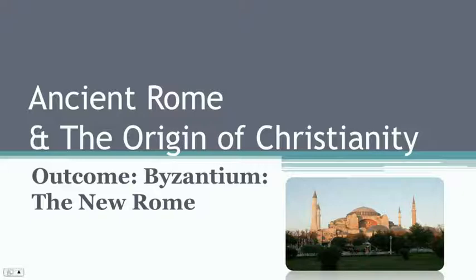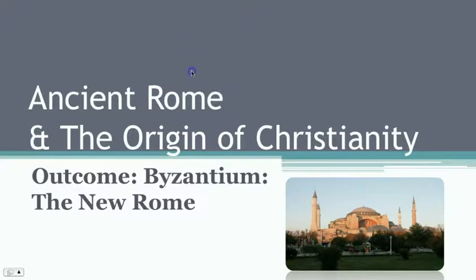But in the last lecture, we saw Rome fell in 476 AD for a multitude of reasons: social, political, economic, and military, as well as Germanic invasions. But it was the eastern half of the empire that hangs on, and the eastern half of the empire gets known as Byzantium, and we want to take a look at it today and understand what it's all about. So let's get into it.